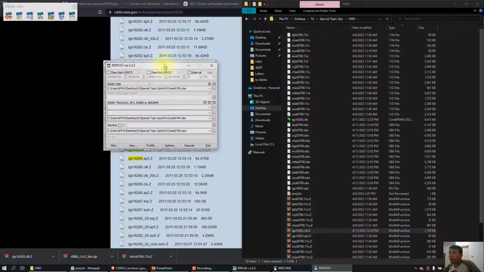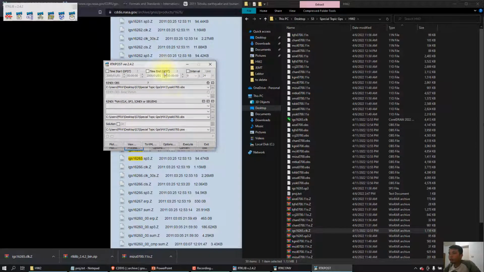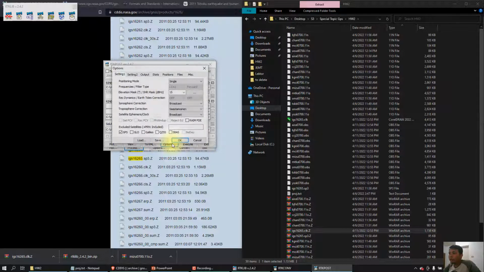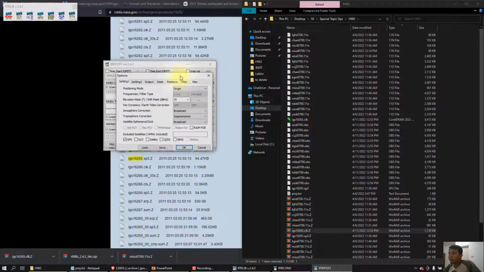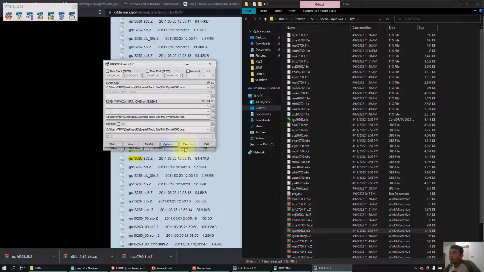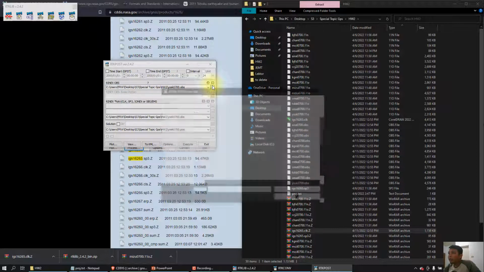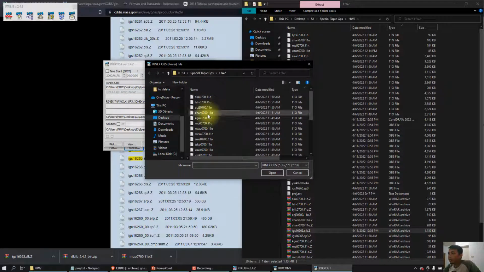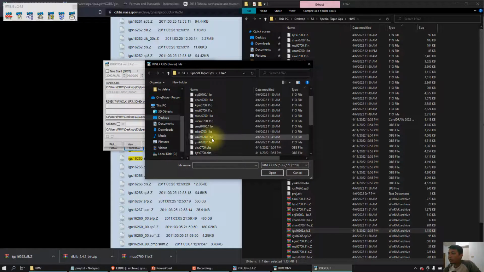So for this program, before we execute, we need to go through the options. The previous one only used the GPS satellite, and we are going to add another satellite, so it becomes GNSS data. And okay, we need to choose the file first. I will show you just one example, the USUD.